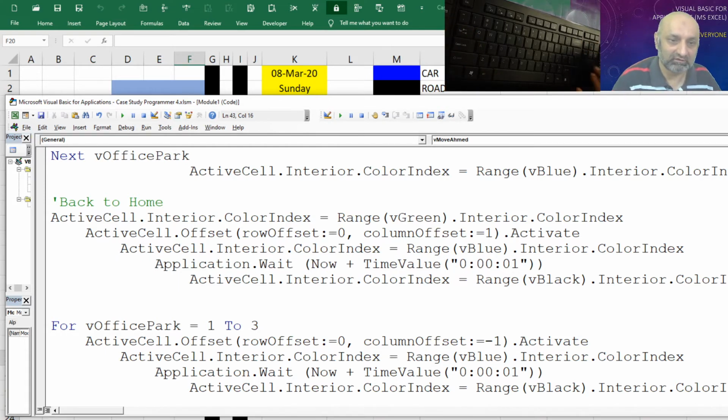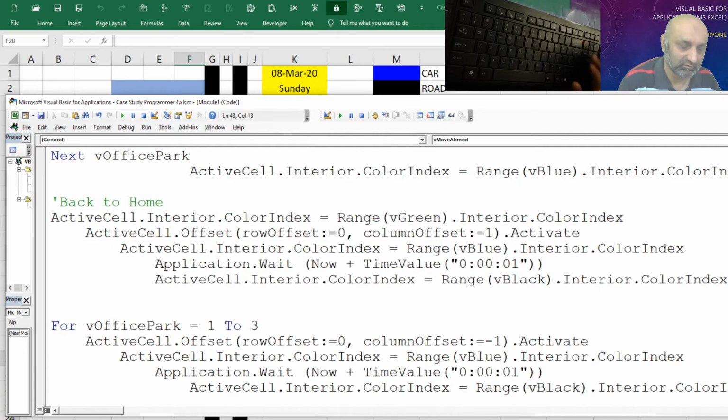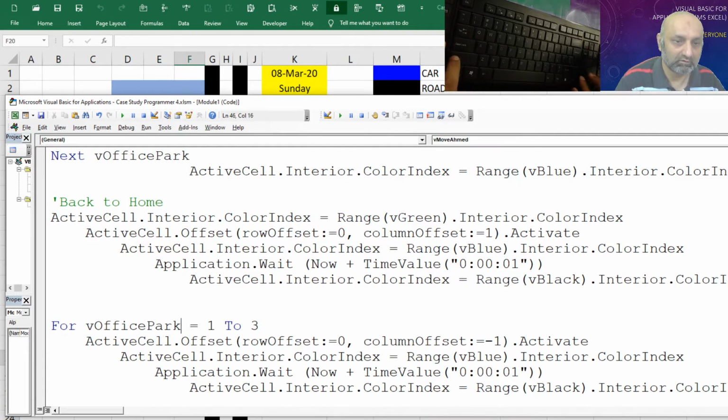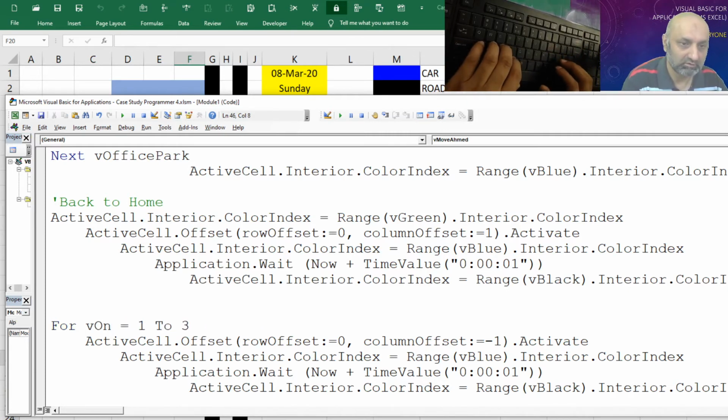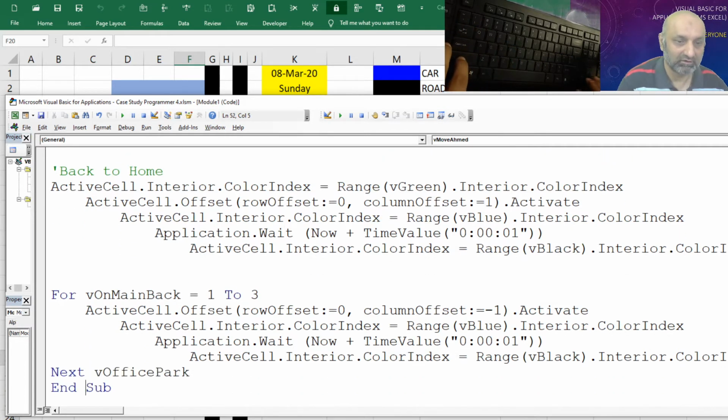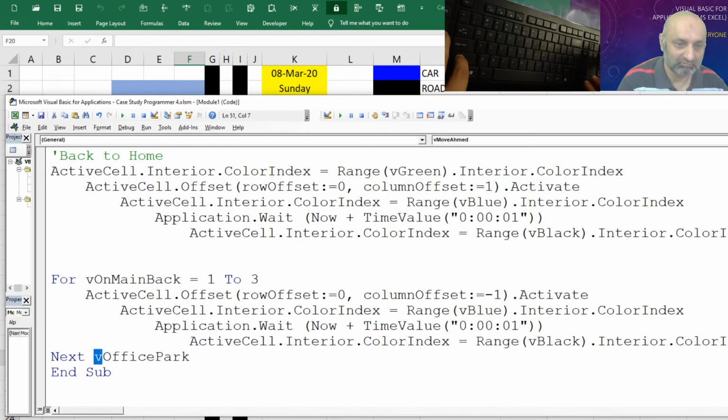After that, there should be a loop on main back. So on main back is our new loop. On the main road, we are going back to home, and this should be the same. This should be done 13 times.